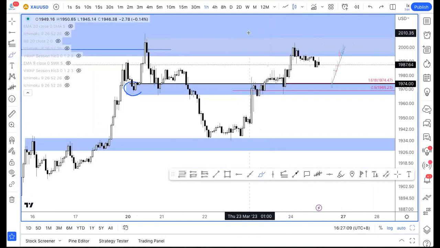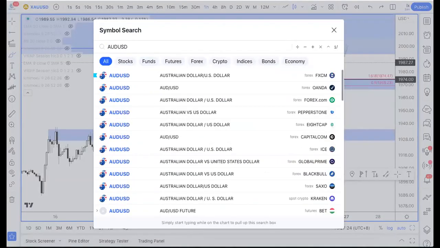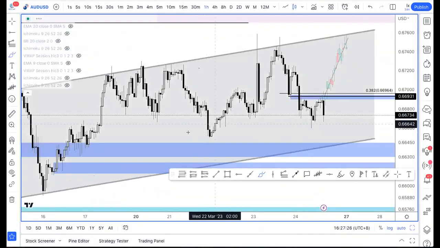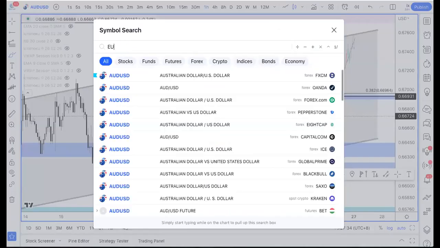So this is what we have, and these are the setups. For gold, we're expecting a push down, possibly into the support area here before continuing its upside. That's on gold. If you take a look at Aussie dollar, we're waiting for a break above this high. If price continues higher, this is the region that we want to watch. And if you're on euro dollar,